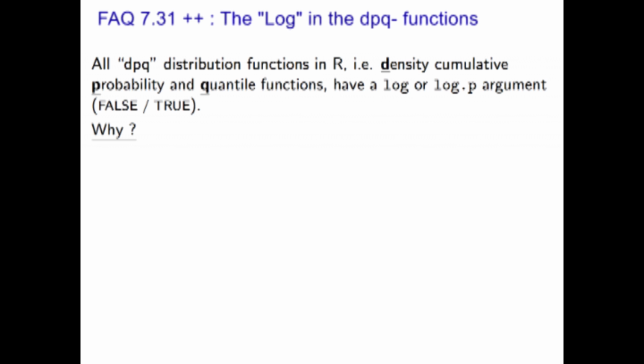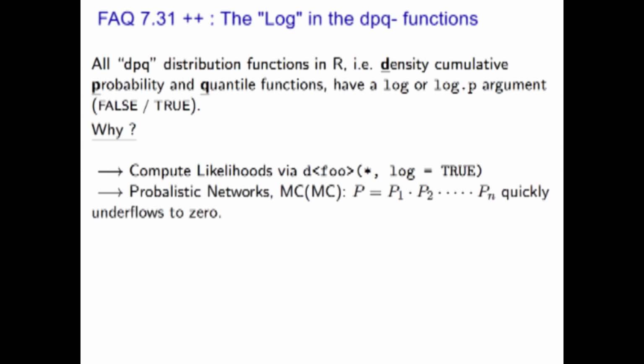One important application is likelihoods, and if you compute likelihoods under an independence assumption, this means a product of many probabilities or density values. Also in probabilistic networks, in MCMC, you have probabilities that are a product of many other probabilities. In MCMC, these are typically conditional probabilities. They quickly underflow to 0. And then you get 0 probability, and 0 probability is really a problem. Then you believe that atomic nuclear power plants can never explode and things like